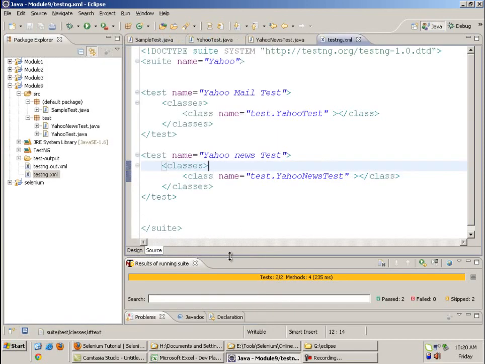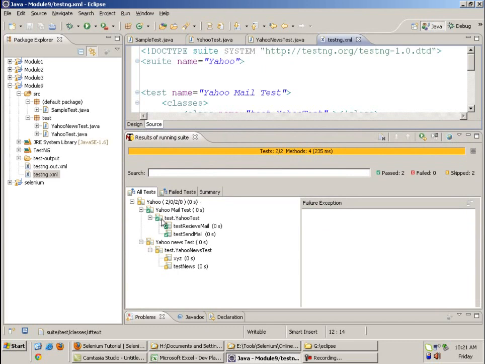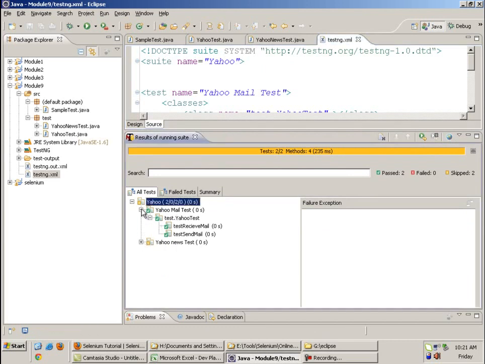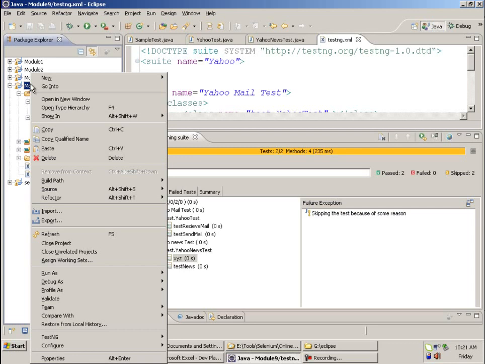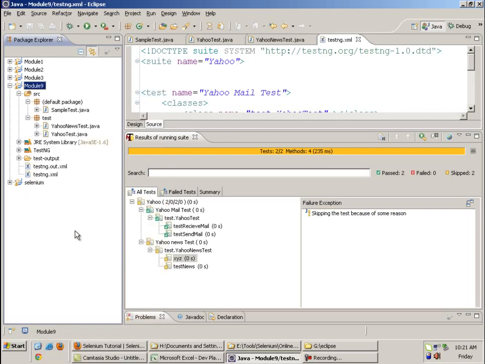If you look at the window in Eclipse, then it will tell you Yahoo Mail test is in green color. It has been shown that there are 2 test annotation functions, both were executed, but in Yahoo News test none of the tests were executed. The color is in yellow, that means it's been skipped. If you refresh your module, if you refresh your project and go to the test output, let us see the